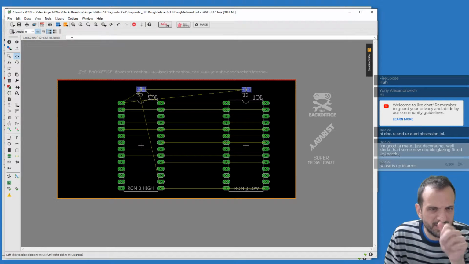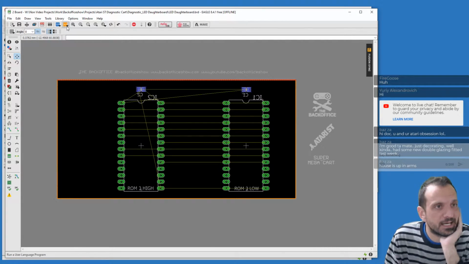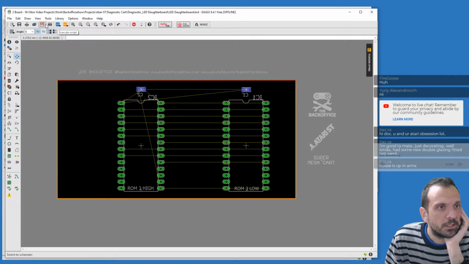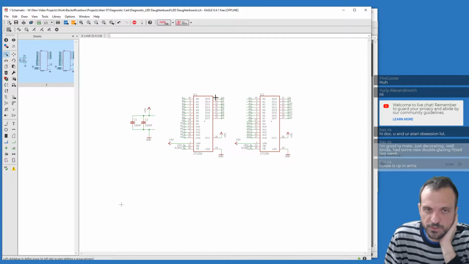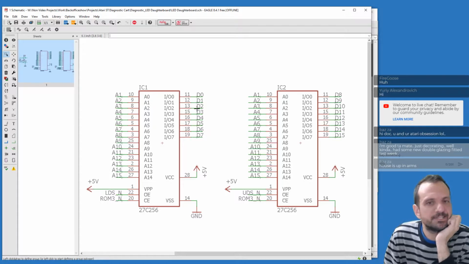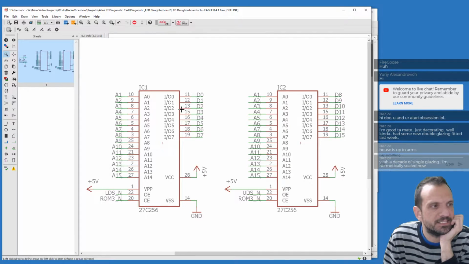So we've got this going now. Let's decide how are we going to handle this. So we could have a bunch of blinking LEDs. I think blinking LEDs are pretty